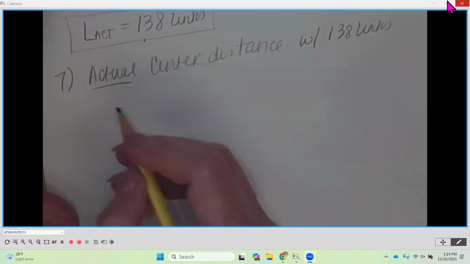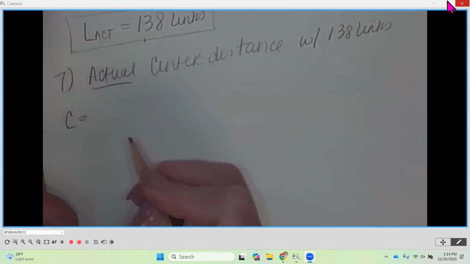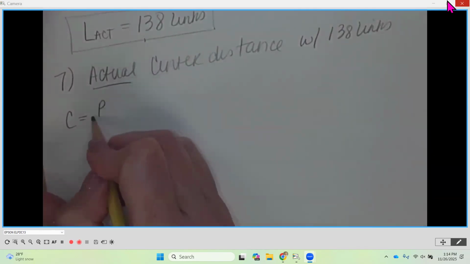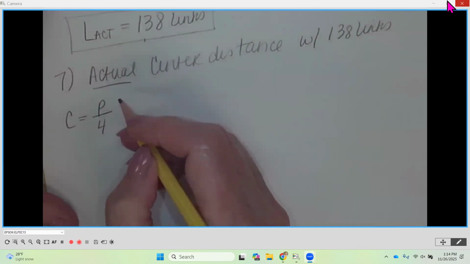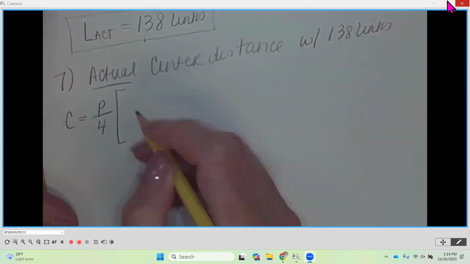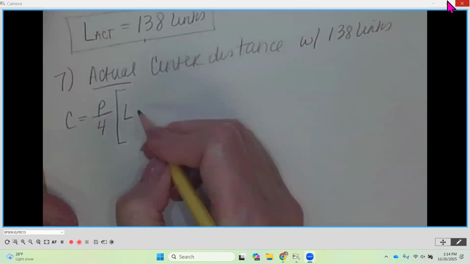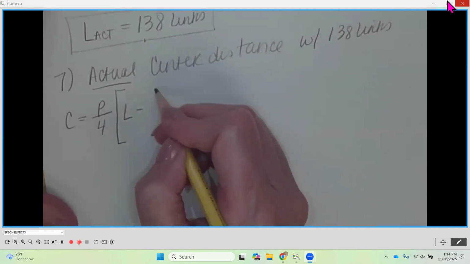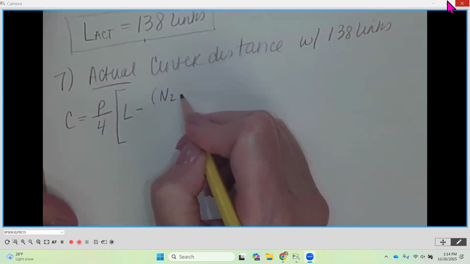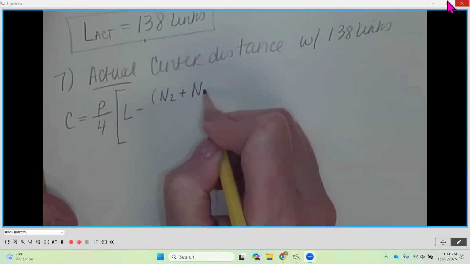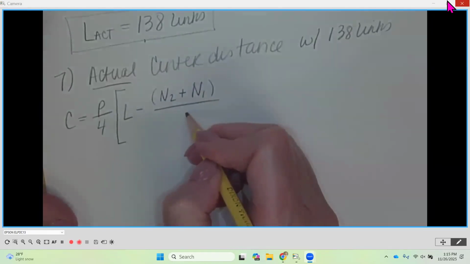So I'm going to write it out first in variable form. So C is equal to, you're going to have that pitch divided by 4 times the number of links minus number of teeth in the driven plus the number of teeth in the driver divided by 2